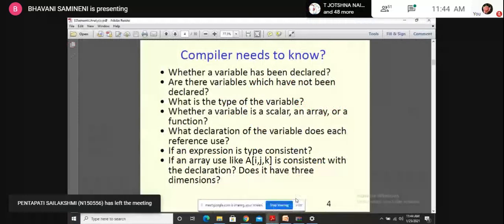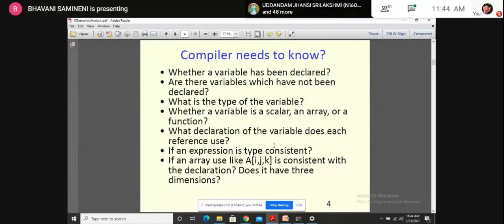Yeah. Okay. And again, in addition to this, what are the other things you have to get to know? If you are getting some variable, what the compiler has to know is whether the variable has been declared or not, and if it has been declared, what is the type of this variable? But most of these questions have been answered during the tokenization only. But still, if anything is left out, if you have not completed it during the scanning, those can be filled in during the semantic analysis also for some time.